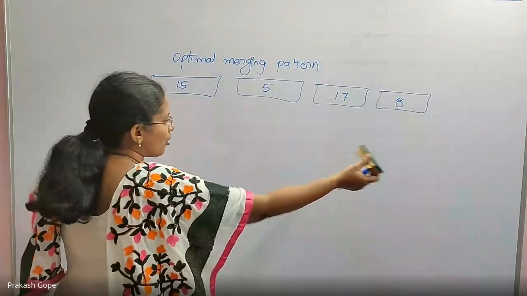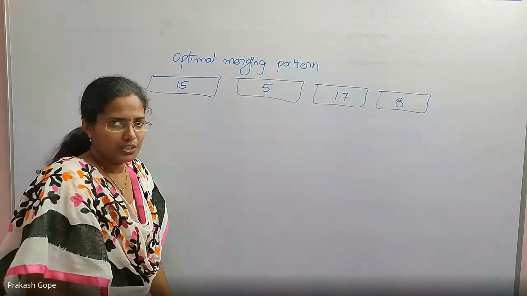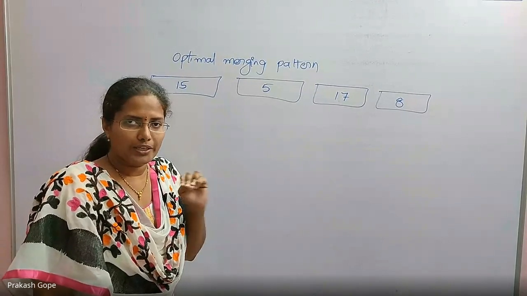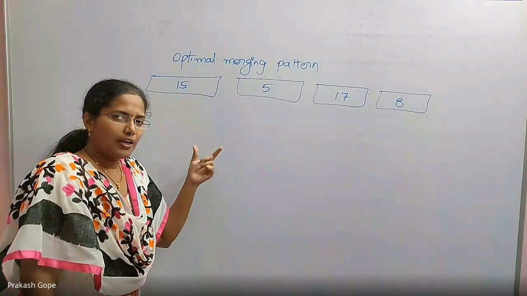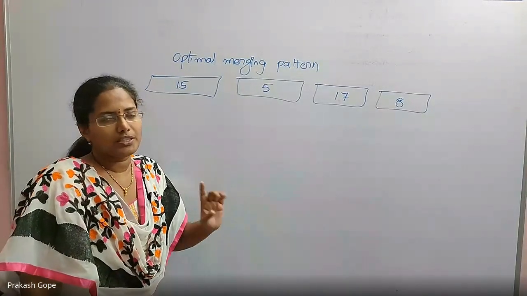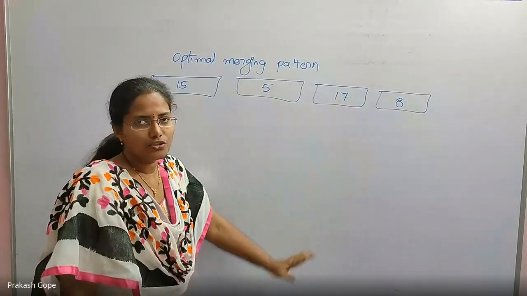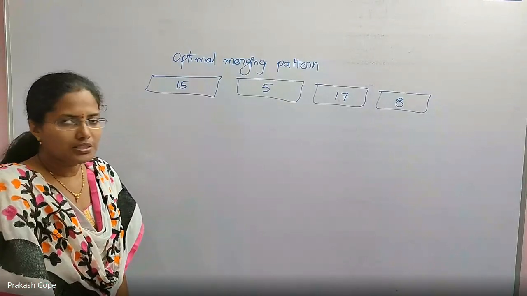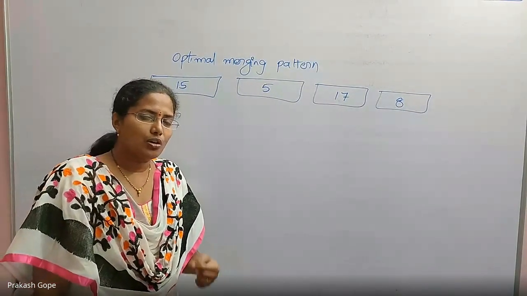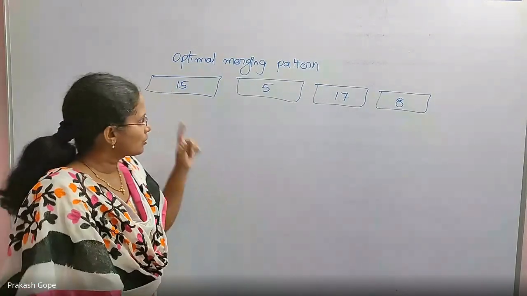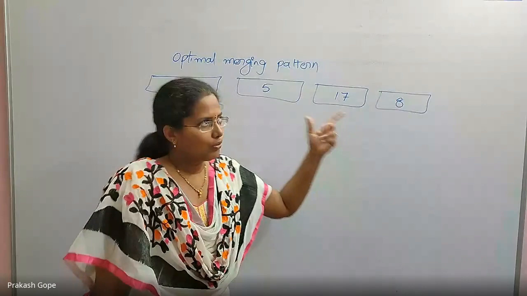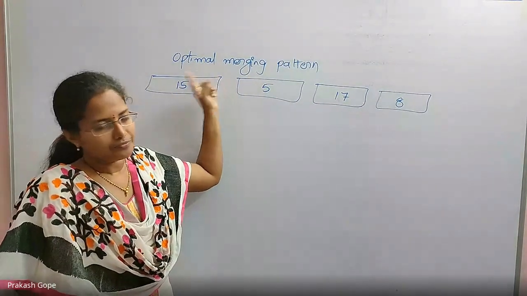You cannot merge all the 4 into one at a time. That is not the logic. You have to pick up only 2 files or 2 arrays at a time, and you proceed like that. Finally, you should give me only one single file which has all these elements in sorted order. That is the requirement. What is the optimal way of merging? Which 2 arrays or which 2 files should I pick up first? Should I take these 2 first, these 2 first, these 2 first?